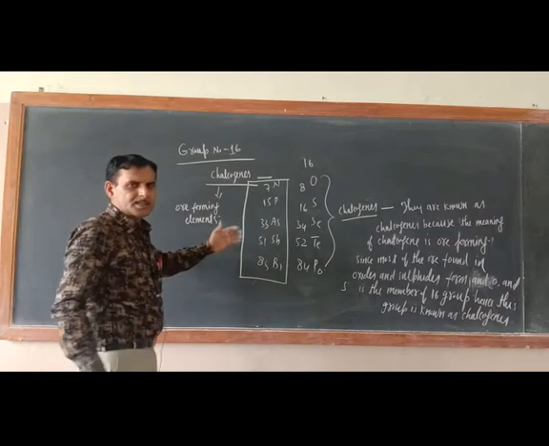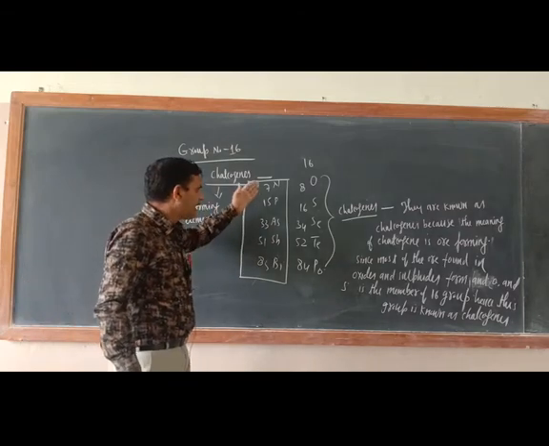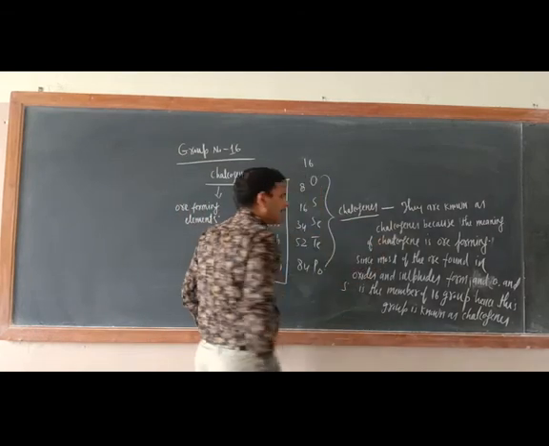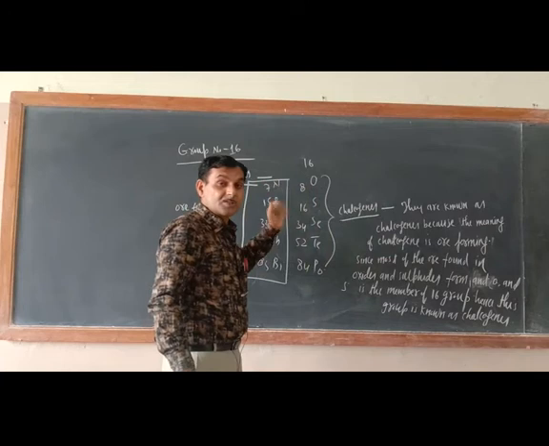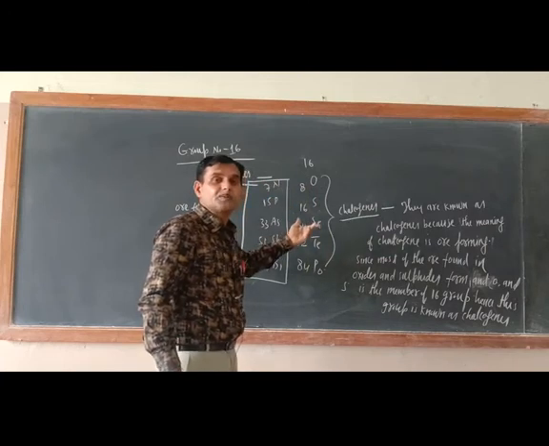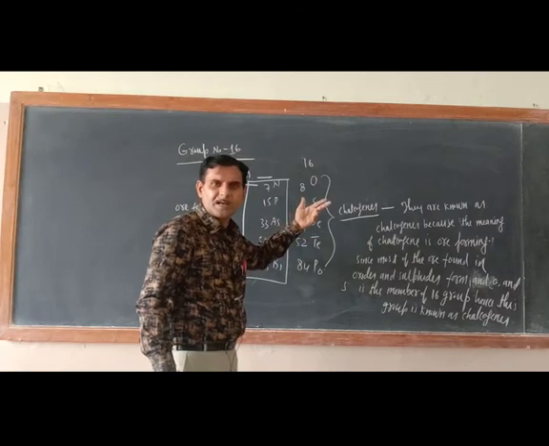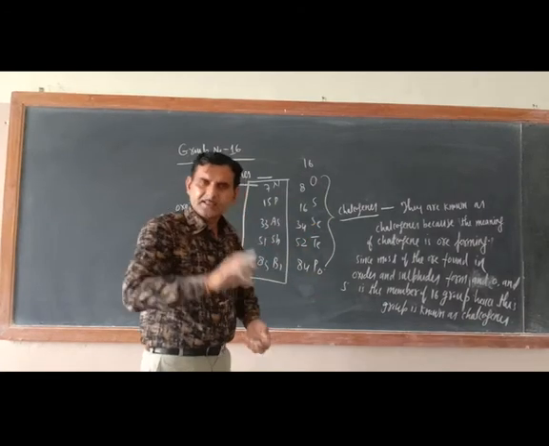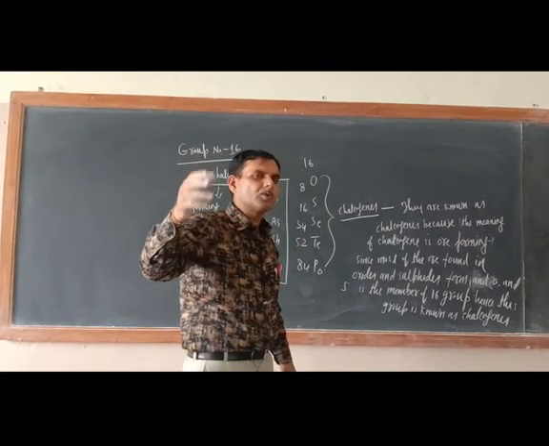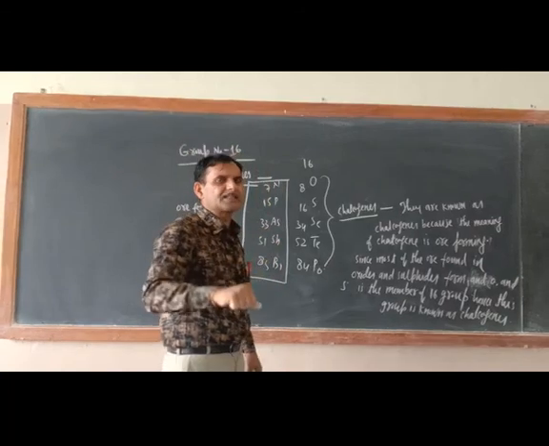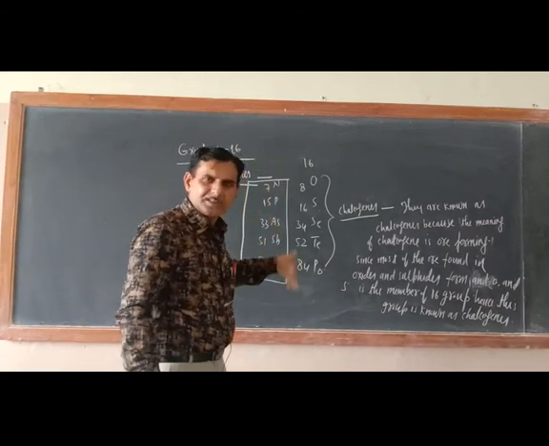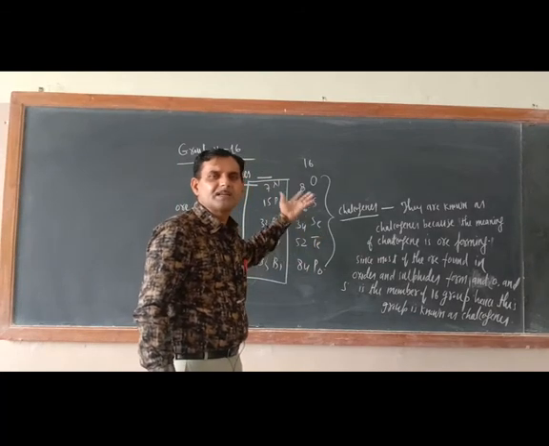Now just see. Most of the ores found in nature are in the form of oxide and sulfide. Oxygen and sulfur are members of group 16. That is why this group is known as chalcogenes, ore forming elements. Once again listen. The meaning of chalcogenes is ore forming elements. And most of the ores in nature are found in oxide and sulfide form. That is why they are known as chalcogenes, because oxygen and sulfur are members of group 16.